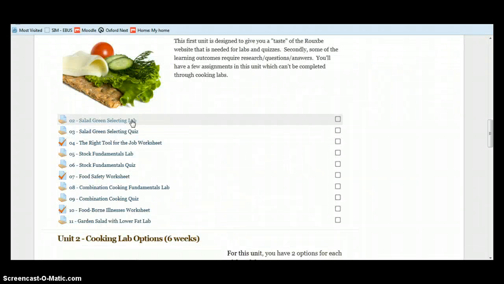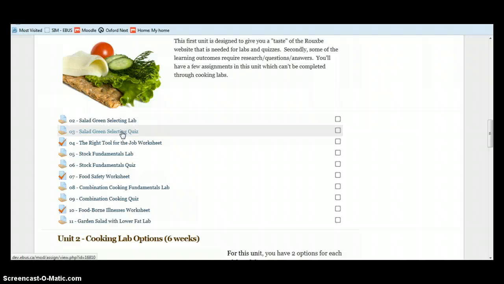You'll see when you do the labs, again, the link that I showed you on the attachment that we opened up, it has the quiz as well. So you can go ahead and do the quiz while you're doing your lab. I just have to have two separate places in the course so that I can put in two separate marks. If you don't do the quiz right away, then you can just click on it here and it'll take you to the link.